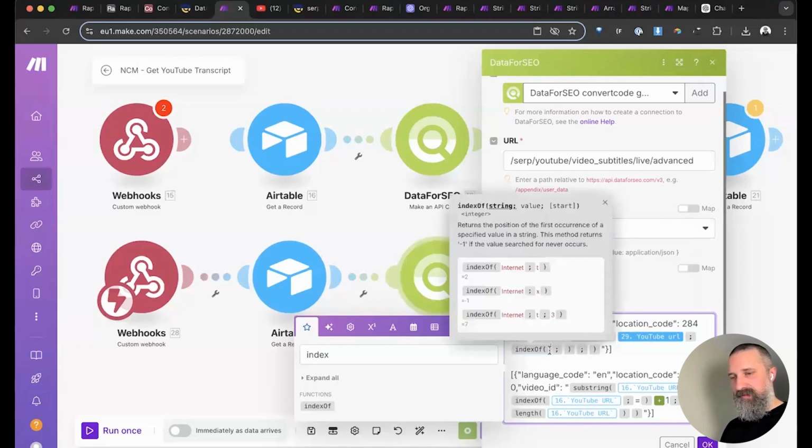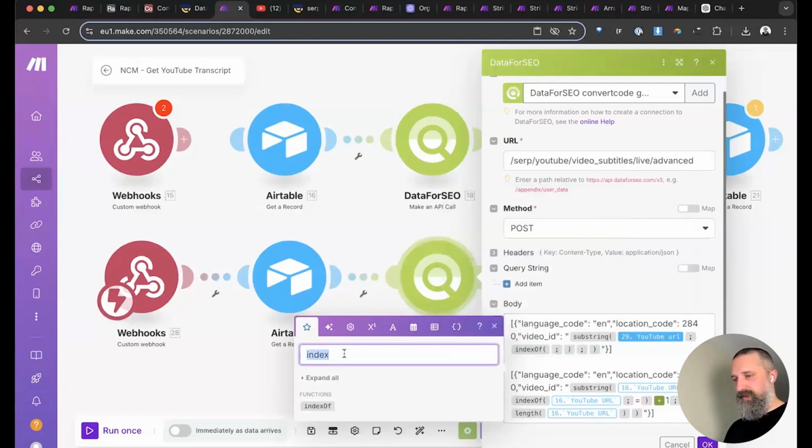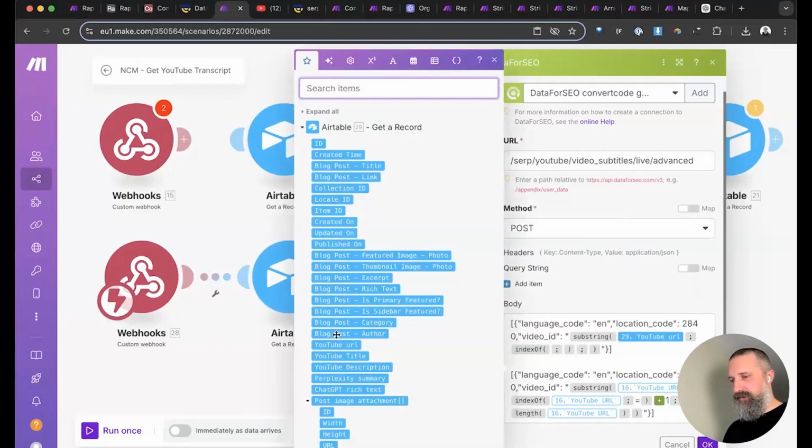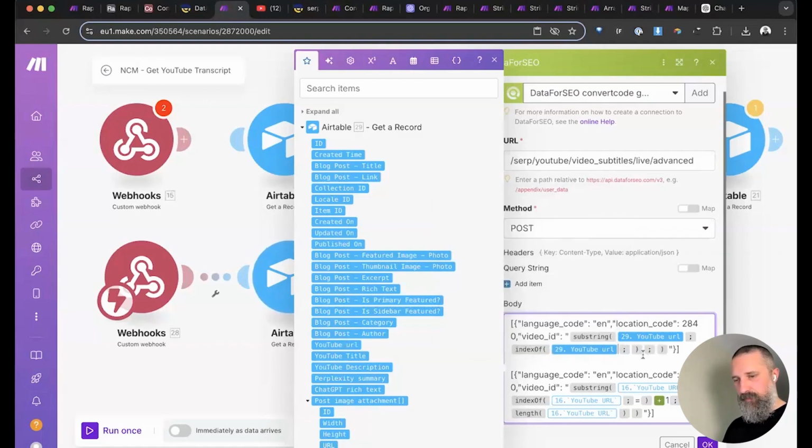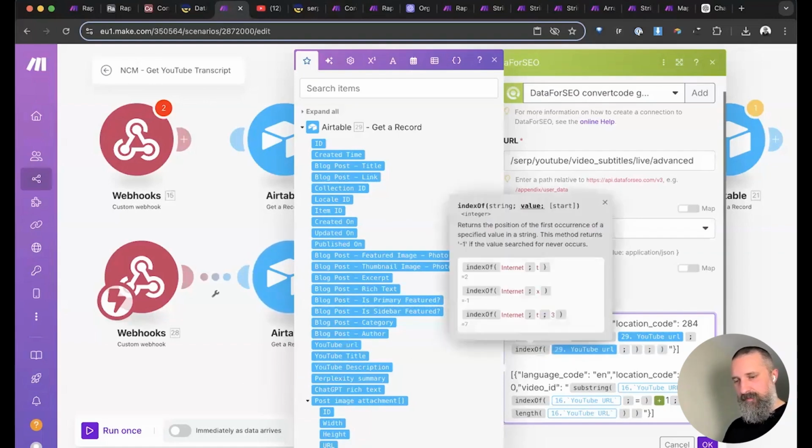And we want to say, what are we dealing with index of? What's actually the YouTube URL? So we come back here, you can clear that and just click on YouTube URL. If we get it in the right place, index of goes in here. Okay. And then we want to say the part we're looking for is,